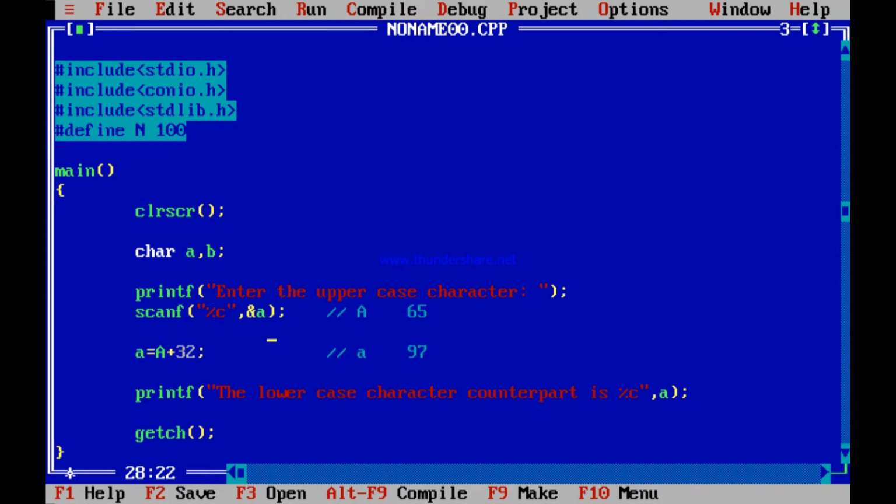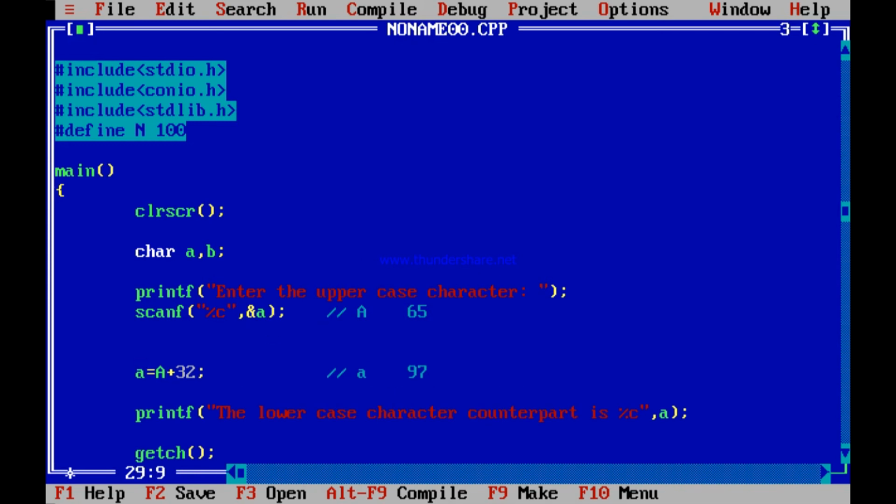Now I will have to check whether it is lowercase or uppercase. So you see, if small a is greater than or equal to 65 and small a is less than or equal to 90, that is, it is within the range of 65 and 90, in that case you know it is a capital character. 65 to 90 means it is between capital A and capital Z. In that case, b will be a plus 32.